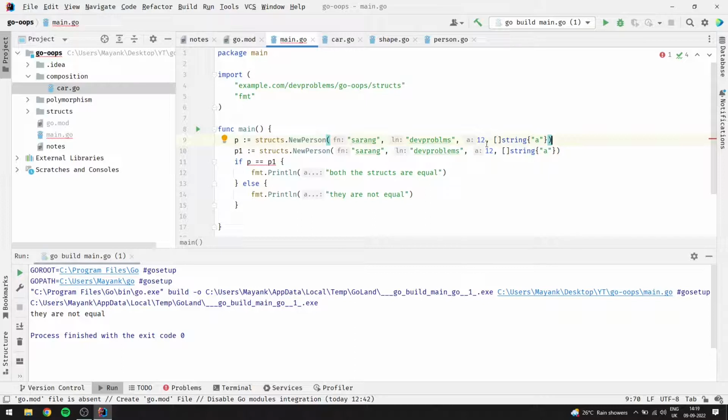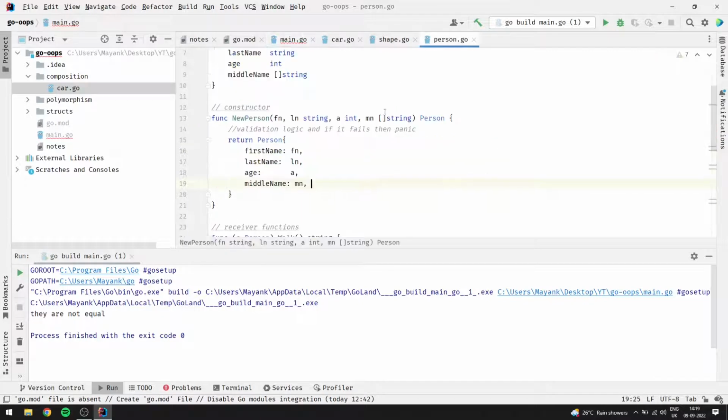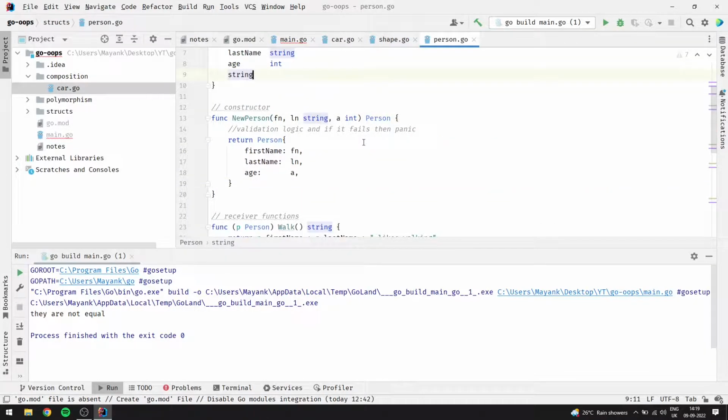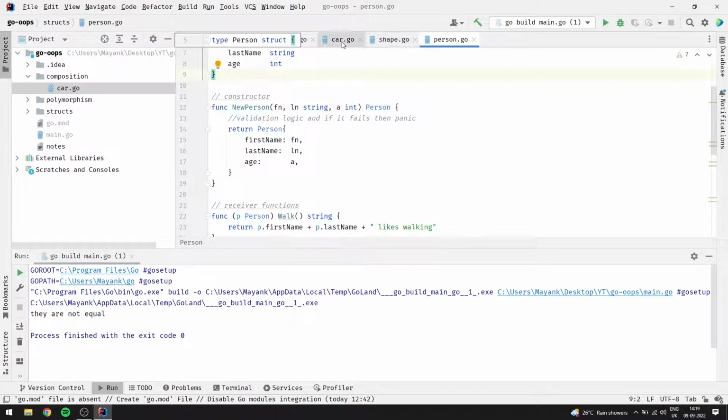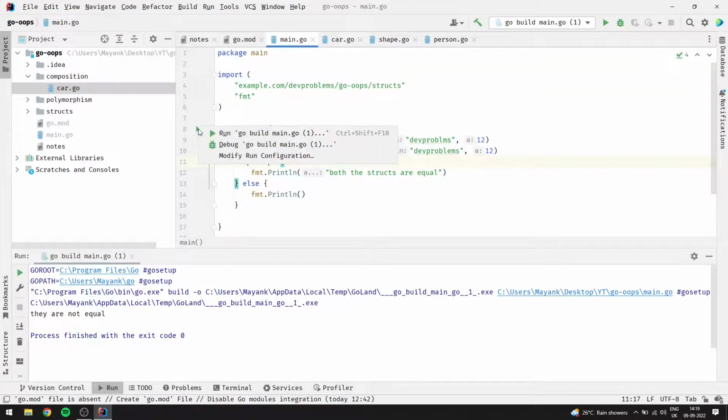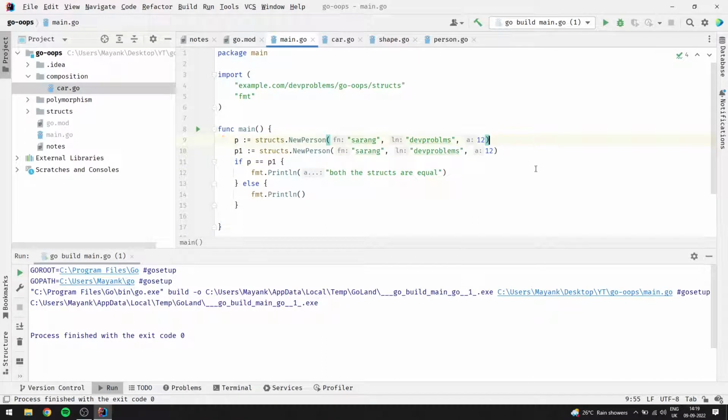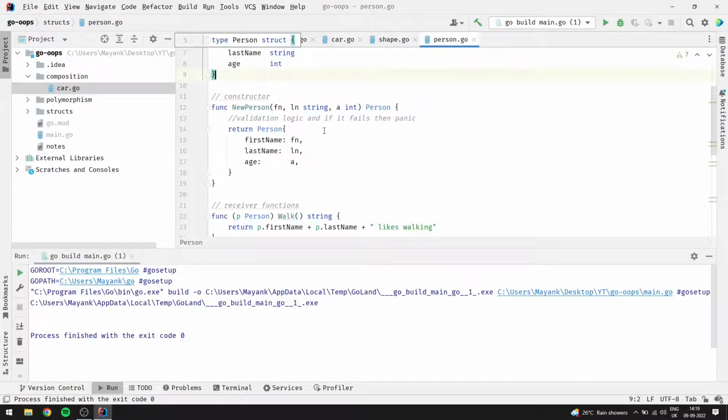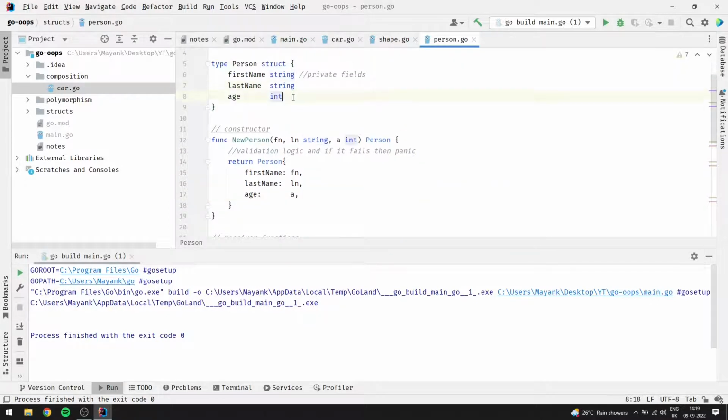And as soon as I remove this middle name, so we have seen that if I remove the middle name from the person also, now it will be able to compile and it will give me the result. So make sure, while you're comparing, you should only have the primitive data types inside the struct. And let's say you want to compare the struct, but you also have the dynamic memory data structures like slice. So what you can rather do is,